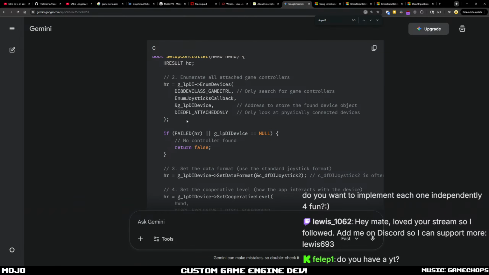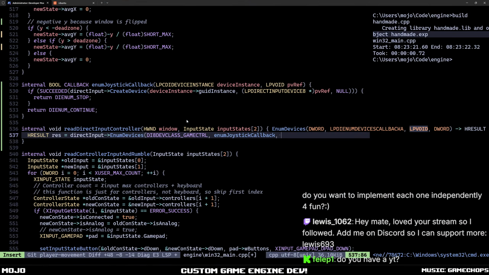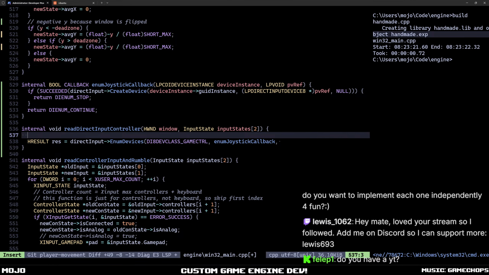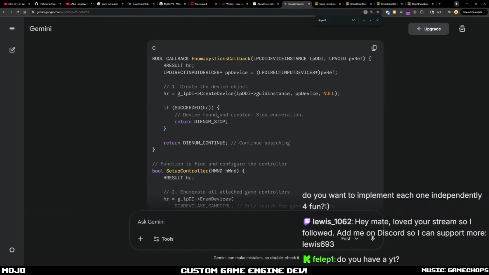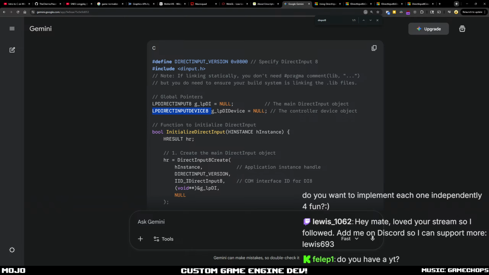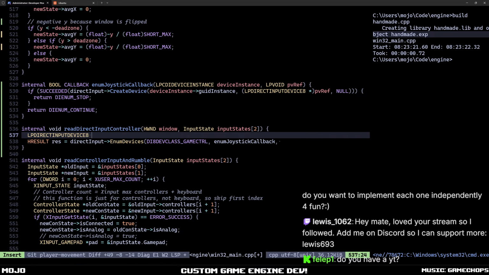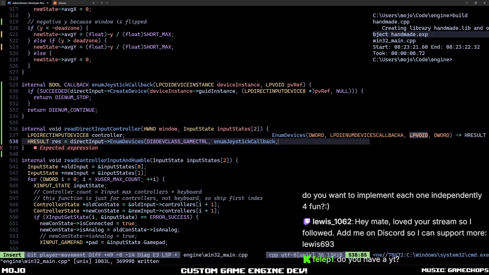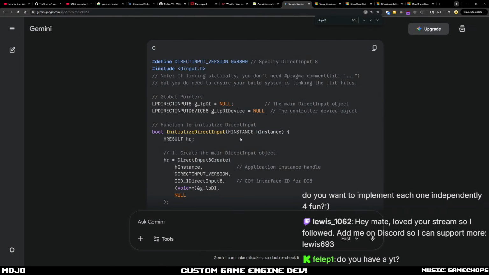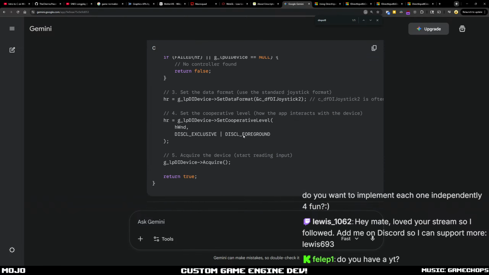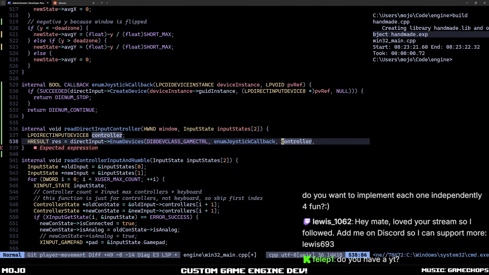And then long pointer. So this is the device. So I've got to create some sort of device, which showed up here. This thing, LPDIRECTINPUTDEVICE8, controller. Do I need the address of it or something? Or is it fine like that? Oh, I do need the address of it. Address, and then